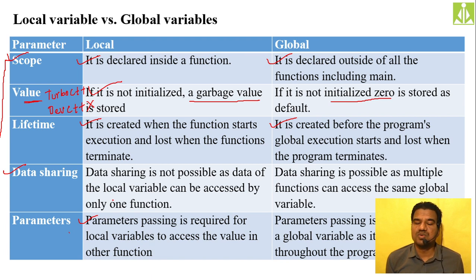So if you want to use one local variable in some other function, through parameter passing techniques you can pass the values. You cannot pass the variables, but you can pass the contents of those variables, that is nothing but values of those variables. Then the next thing, parameter passing is not necessary, or not possibly an option, in case of global variables, because by default whatever values global variables are holding, you can easily access in all the functions.